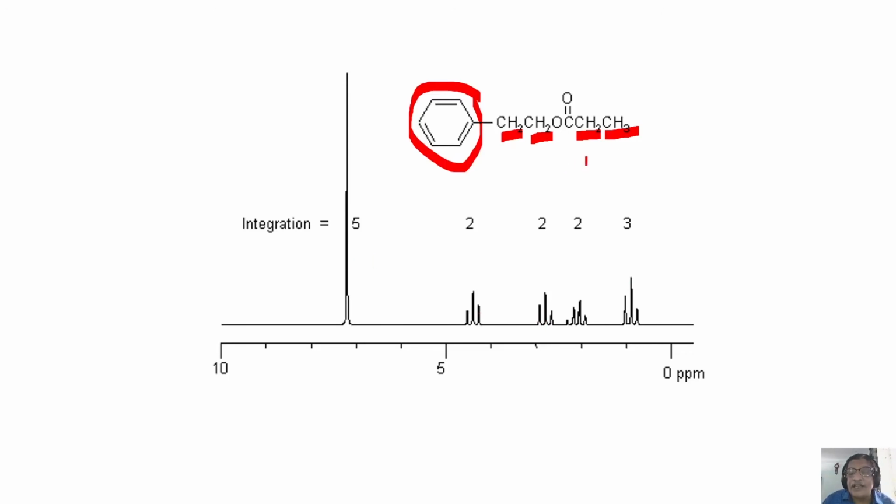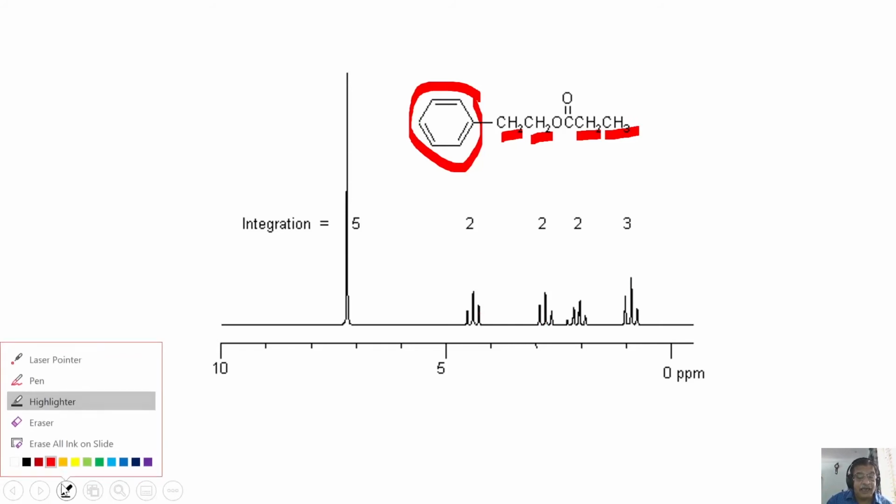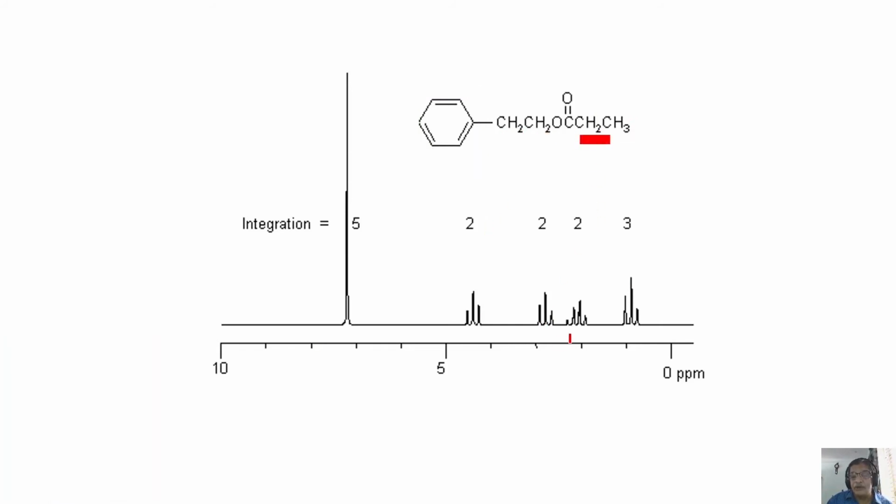What are the intensities? Here there are 3 protons. We get 3 here, and then we have 2 protons here. We get 2, another 2, another 2, and this is the phenyl ring, 5 protons. Intensity is fine. So the relative intensities are matching, agreeing with that. There is no problem at all. Your interpretation comes to deciding which is which, especially the CH2 protons. This CH2 is also attached to O. This CH2 is attached to C double bond O. Your assignment of this CH2 and this CH2 is something which you have to see carefully. Apart from that, the rest is simple.